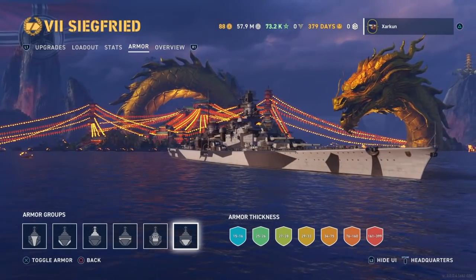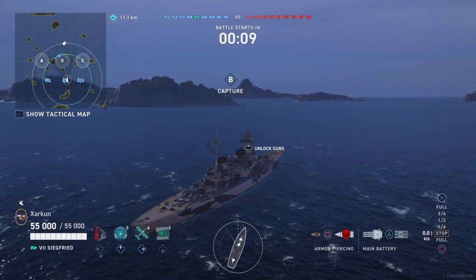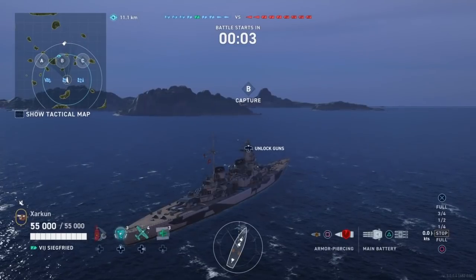Now we're going to jump into the gameplay and talk about the stats on the Siegfried right off the bat. 55,000 hit points, which is the highest at the tier, and 22% torpedo reduction, which is very good for a cruiser. But the main factor, the main draw of this ship, and excuse any noise you hear in the background,